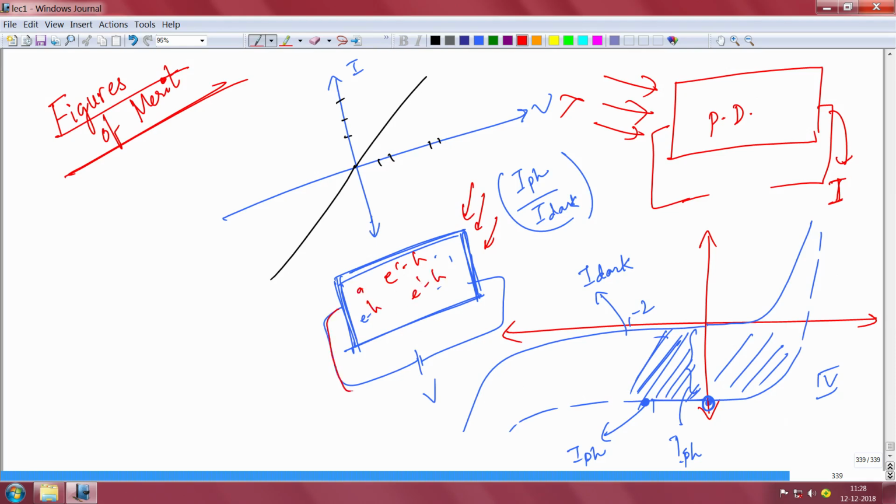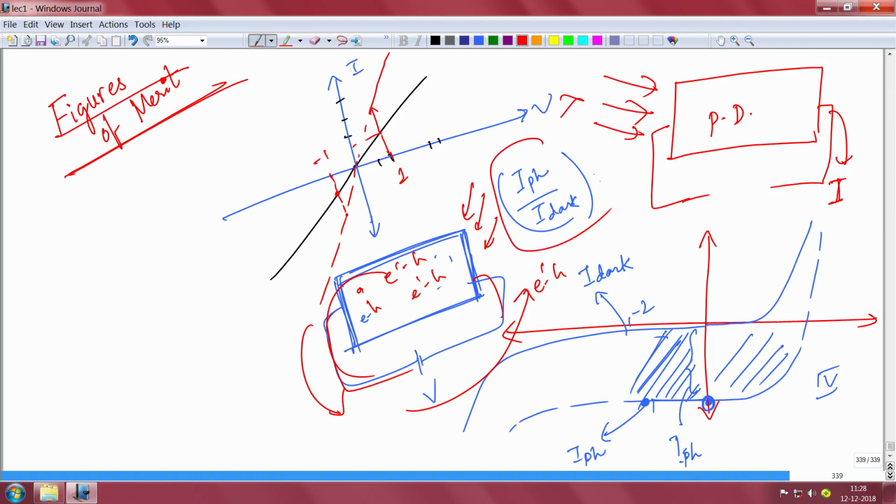Now because you are applying a field, a voltage, this field will sweep away these excess carriers, which were not there before. Before it was only the intrinsic carrier concentration. Now excess carriers have come into the semiconductor because of the light shining, which can be swept away by the externally applied field. So your current will increase. You see, at 1 volt, initially your current was this, now your current has increased. Similarly, symmetric, at -1 volt you have the dark current here, and the photo current is here.